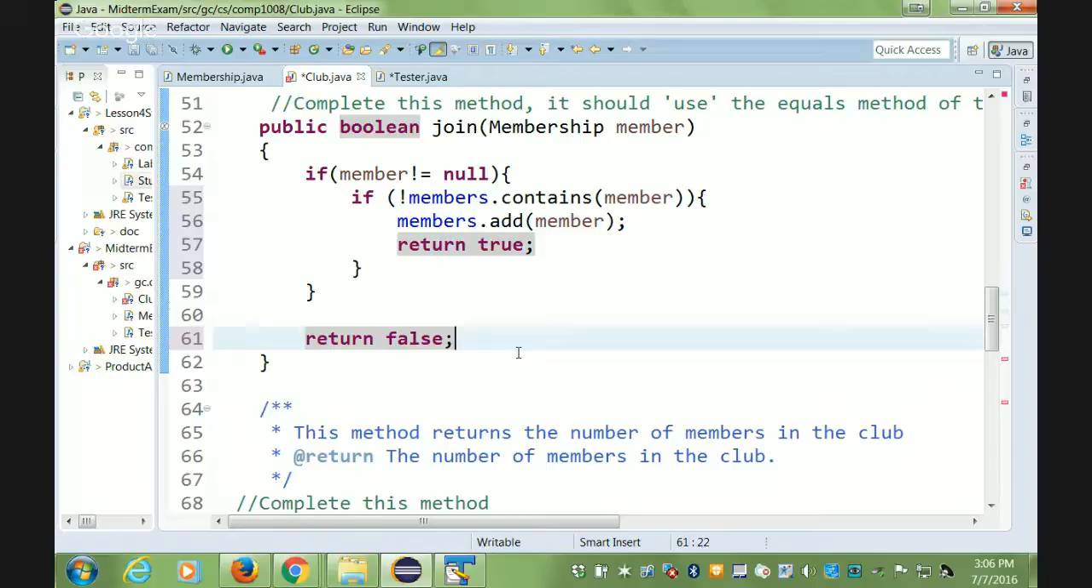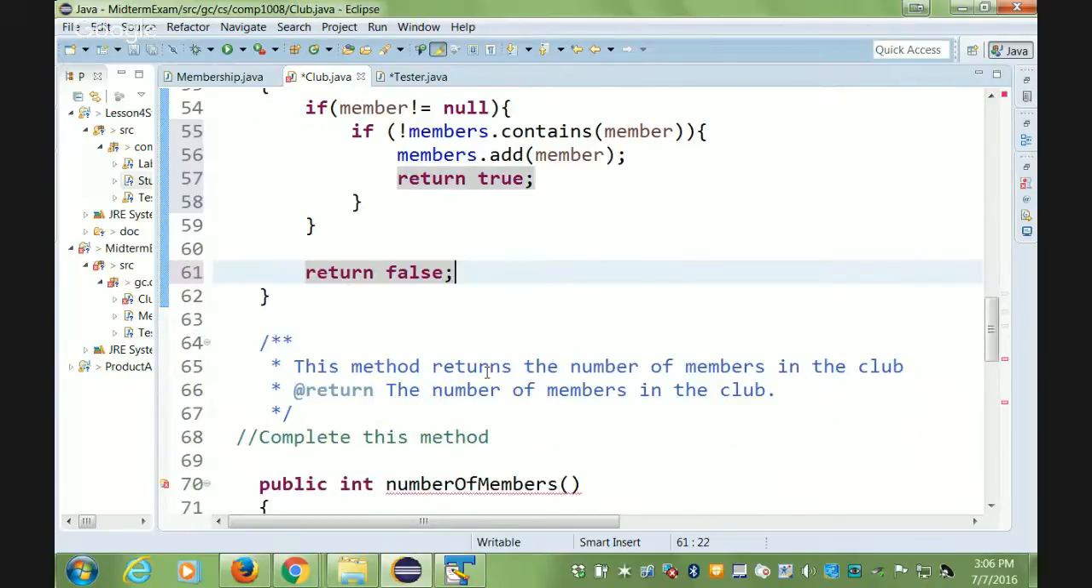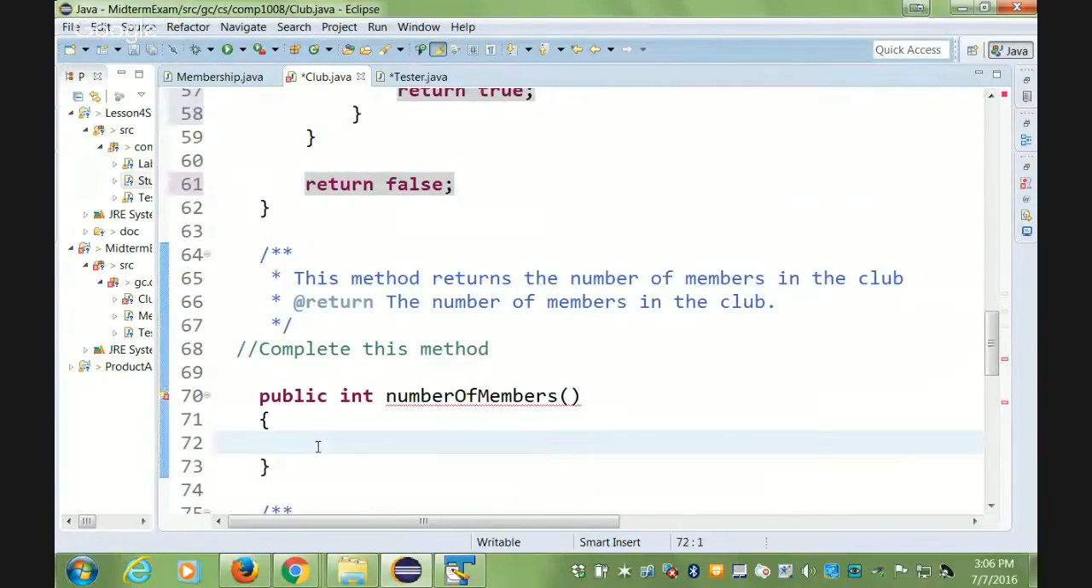If not, then it will compare their addresses. And this is what the argument was when we were talking about it, and therefore we overrode the equals method. Okay, number of members. This was a really easy one. How many members in your